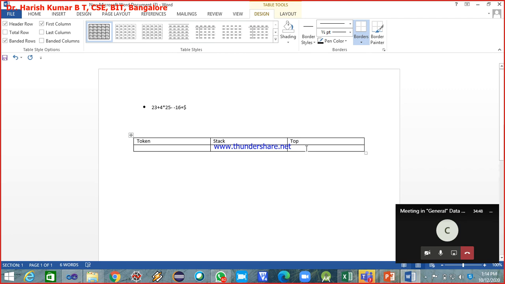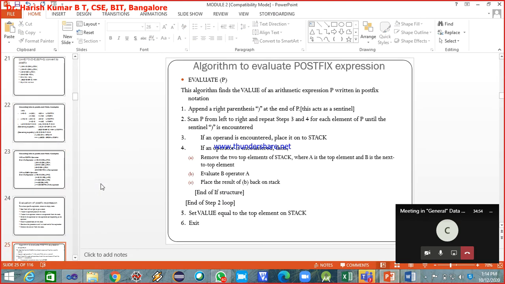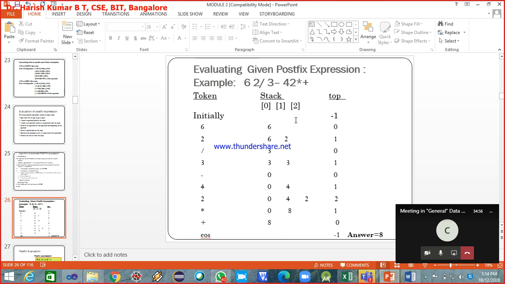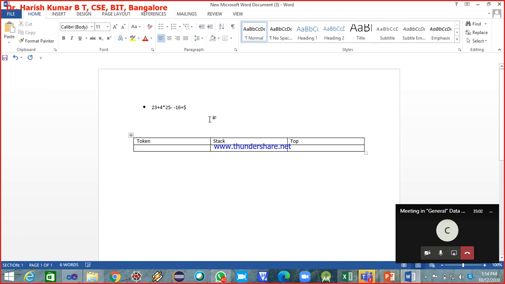So top is initially, as we go with this, top is initialized to -1. Okay. So top is equal to -1. Now I'll scan this. So I think I need to zoom.